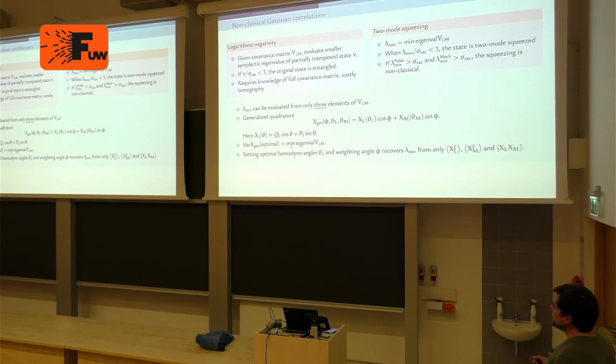This is really simple algebra, and what's important is that the variance of this quantity can be obtained from measuring only the variances of the two quadratures locally and the cross-correlations between them. The point is really that the simpler measure can be computed from only three elements of the covariance matrix, if we know where to look, because we have to estimate